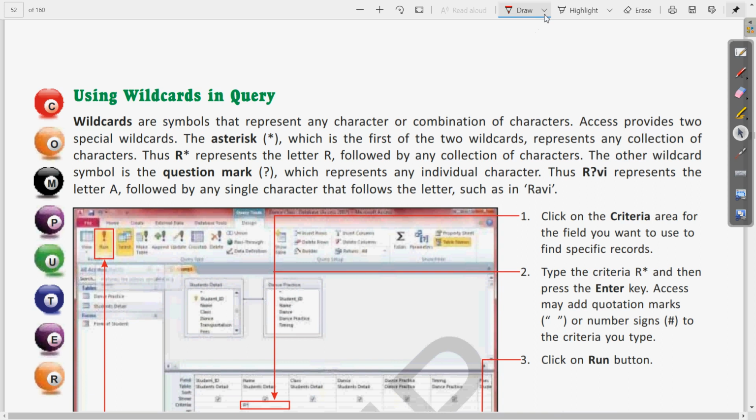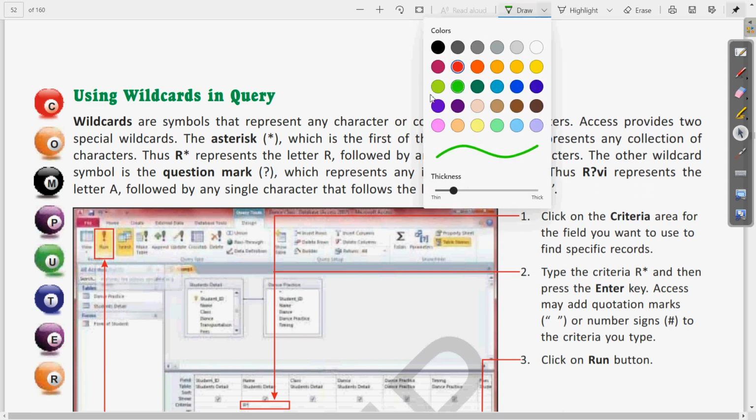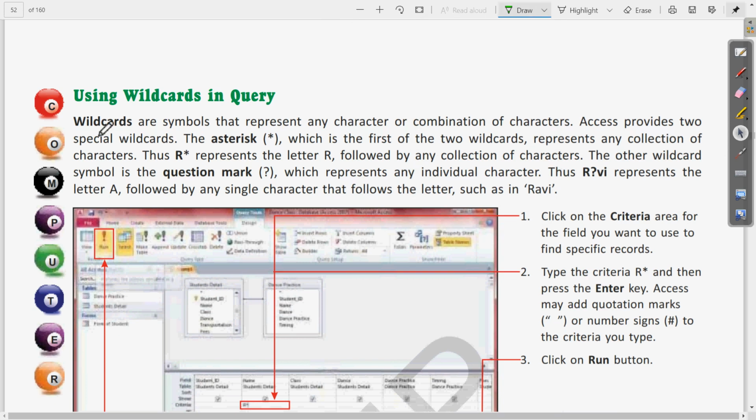So here you can see the definition of wildcards and the different types also. So what are wildcards? First write the definition. Wildcards are the symbols that represent any character or combination of characters. Clear? Then this is the definition of wildcards.